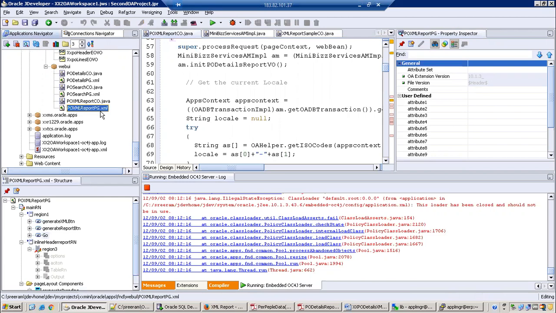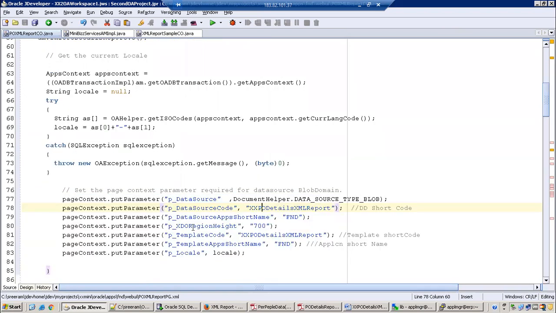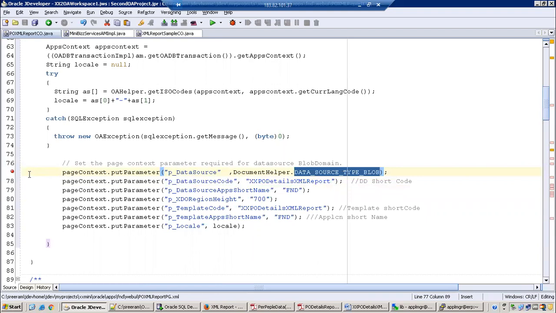XML automatically generates the XML file. Yeah, XML. See here, if you observe, what are we doing? Here, this put, where was that? Data source type blob. So when you click on a button, we are loading our blob data into one of the variables, isn't it?